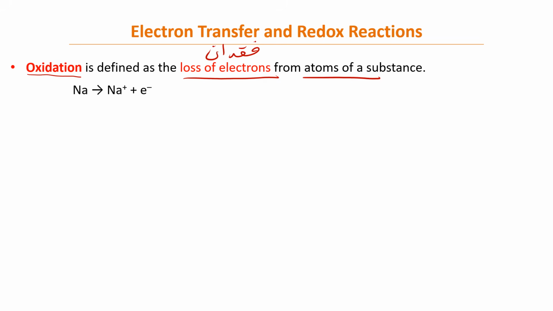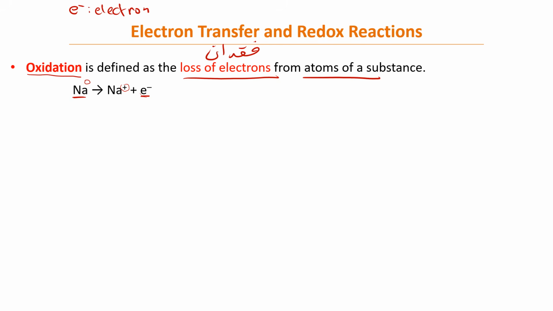Okay, for example, Na was alone, right? So the charge here is 0 because the charge of any normal atom is 0. Okay, now after the reaction it became Na+, and I have something outside here. So e-, this is electron. So Na loses an electron because the electron is in the products. It's like an exothermic process. Remember, exothermic, lose energy. So this one, we call it oxidation. Okay, so it will lose an electron.